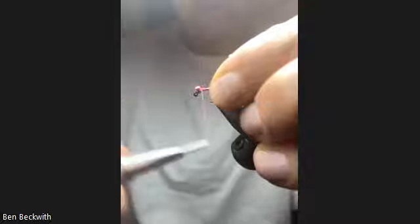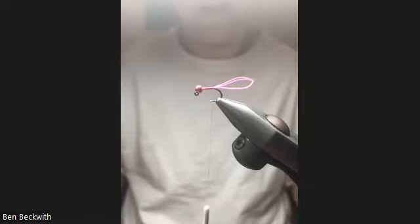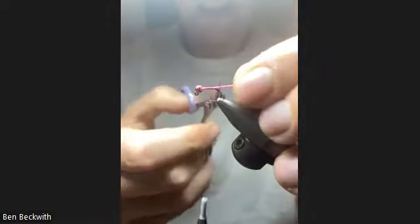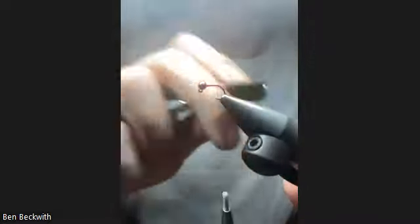That's my general rule of thumb for glow bright is 4 strands. You can use more, you can use less, but I find 4 is usually a good amount. And again, tie that in. So as mentioned before, 3 different materials for tags, shows the versatility of them. Play around. You've got so many options out there. And then again, just snip using the back of the hook, and just gonna brush that a little bit,